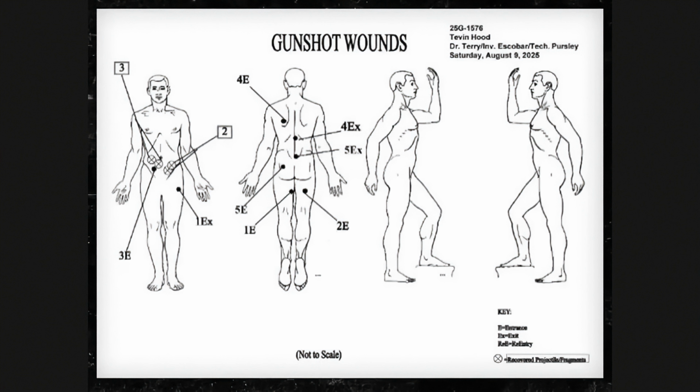And so the next bullet wound we have would be 5E, where he got shot in the butt. And it came out. You see where his lower spine would be, you see 5EX. And so to me, this still looks like someone that's falling over. For it to enter through his butt and come out right at his spine, it just looks like someone bending over. Y'all leave a comment, let me know what y'all think, but it looks like someone that's bending over,